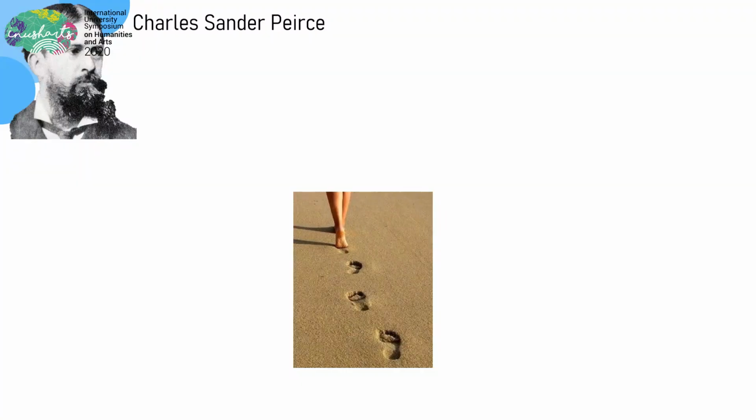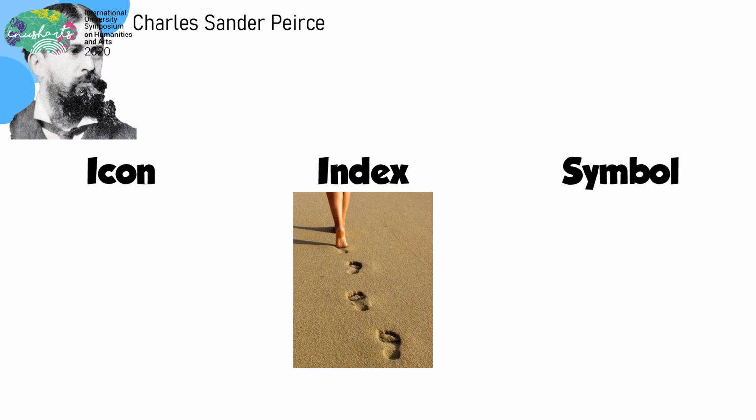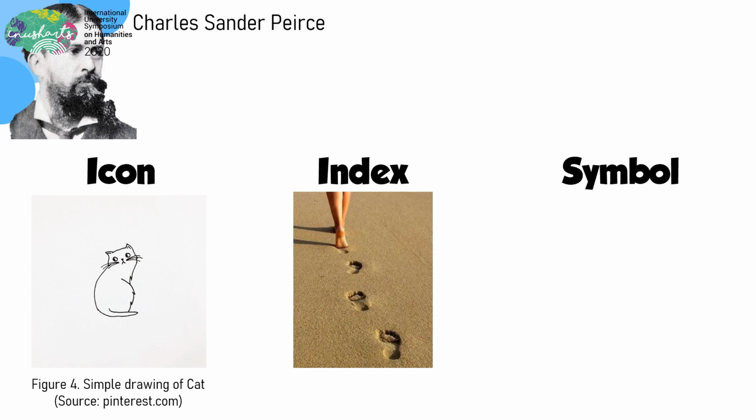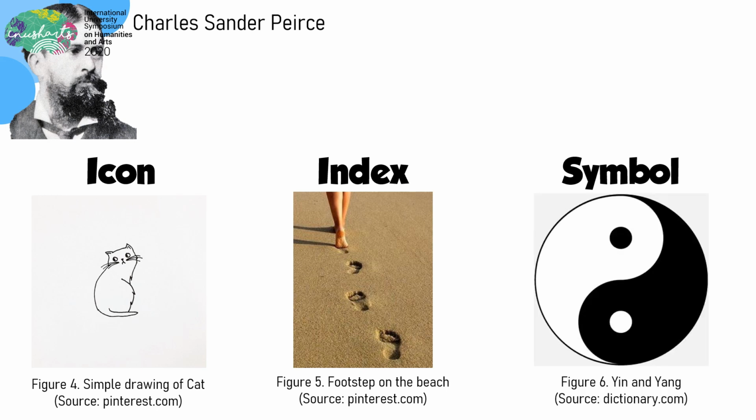Before we go further, this is Charles Sanders Peirce, one of the proponents of semiotics. He divided sign into 3 categories: icon, index, and symbol. Icon resembles a similar thing to the object. Index gives an indication of sign. For example, the footsteps. The footsteps indicate a person is walking to certain direction. Symbol has no resemblance between signifier and signified. It depends on how society acts and looks at it. It is also related to culture.